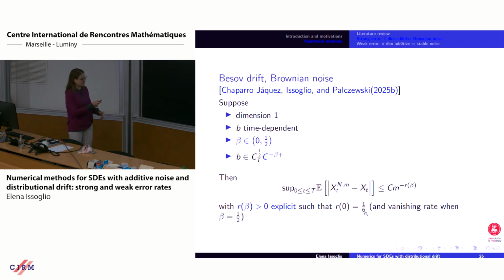and we get vanishing rate when beta is 1/2, which is actually to be expected, because when beta goes below 1/2, the whole theory cannot be applied. The solution does not exist in this setting. You can make sense of a solution using rough paths or regularity structures, but in our setting, when you go beyond 1/2, the solution doesn't exist. And so the vanishing rate at 1/2 makes sense.